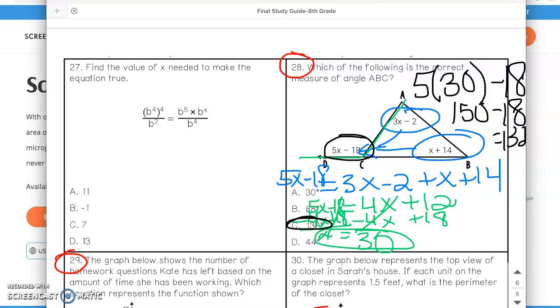Now, a lot of you probably would want to stop when we get x as 30, and that would not entirely make sense because A and B look way bigger than 30 degrees, and if we're adding them together, there's no way ACD could equal 30 degrees. We want to make sure we're plugging that x back in to whatever angle we're trying to find before we do anything else. So our correct answer for this is C,